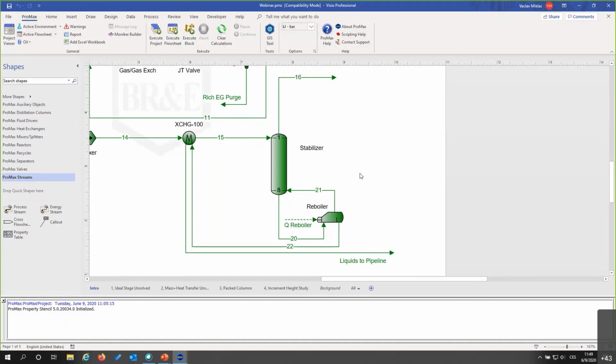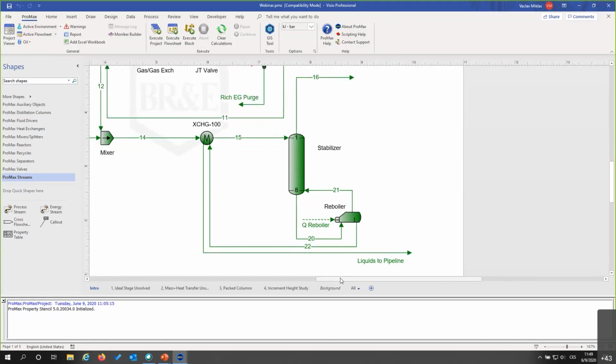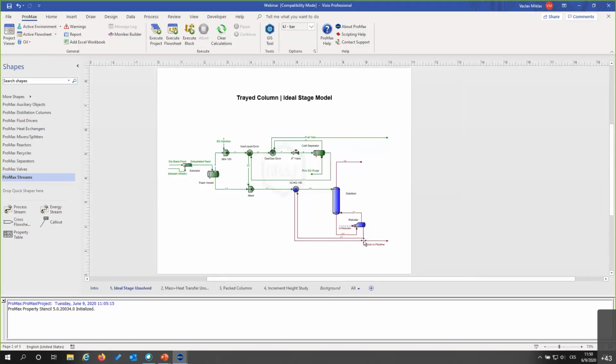So it is definitely a good thing about the ideal stage model. I'm going to show you how you can create a model like this. So if I switch to this next flow sheet, which is basically the same thing, but just unsolved,